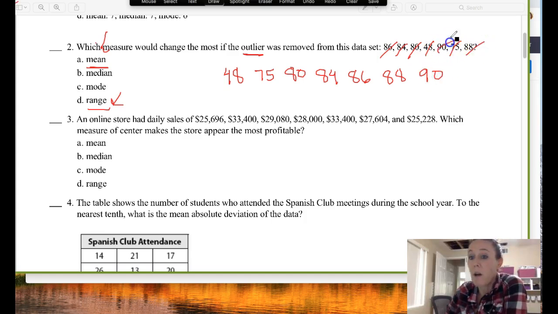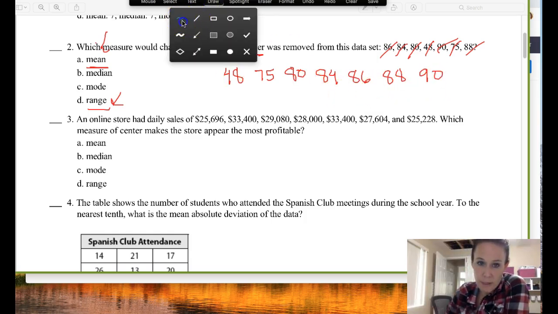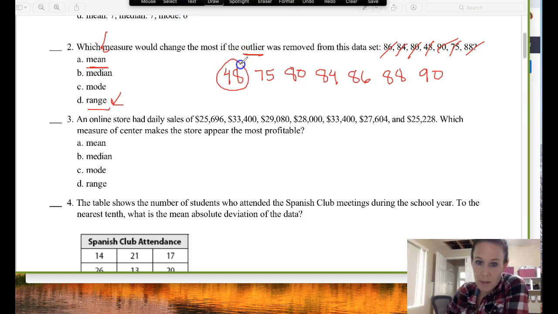Now if I wrote this all on a number line, this 48 would be way down here. Then 75, 80, 84, 86, 88, 90 would kind of be chunked together. So I can see easily without even doing any analyzing that this is my outlier. Now if I drop off this outlier and I change the average, let's go ahead and find the average with